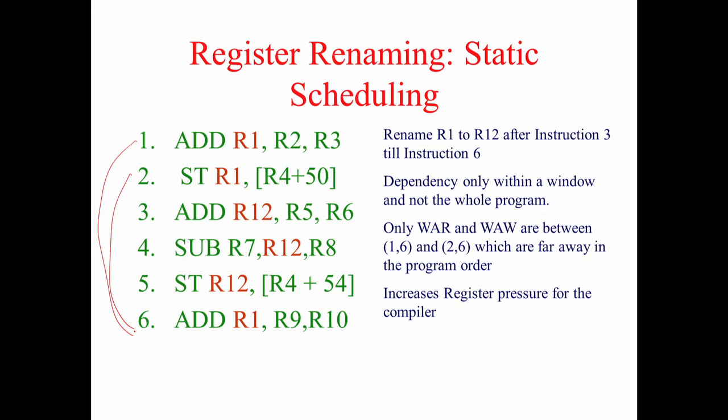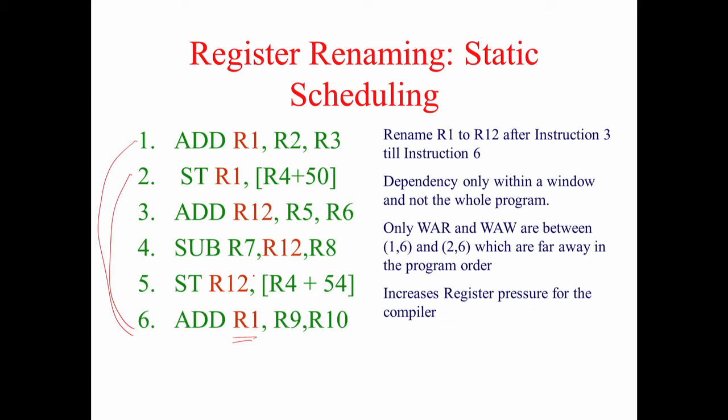Now this is very far off, 6 is very much far away from 1, 2. So by the time you reach 6, these instructions would have been completed, we expect it to complete. So this will not hinder this, WAR or WAW will not hinder that. Okay. So by doing register renaming, I have renamed the register.